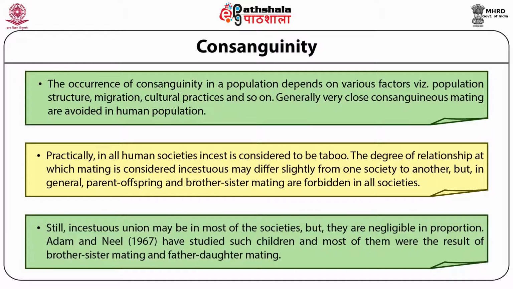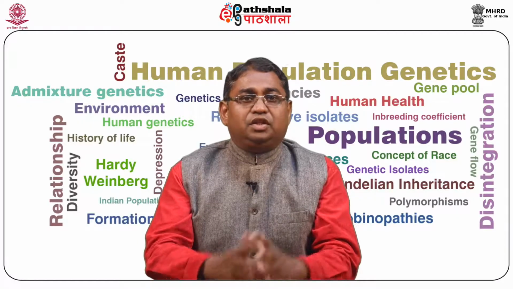Incestuous unions, depending on the degree of relationship, may be forbidden in most advanced societies, but mating between distant relatives is considered negligible. The incestuous proportion may differ from one society to another, but in general, father-daughter mating and brother-sister mating are forbidden in all societies. So further in this context,